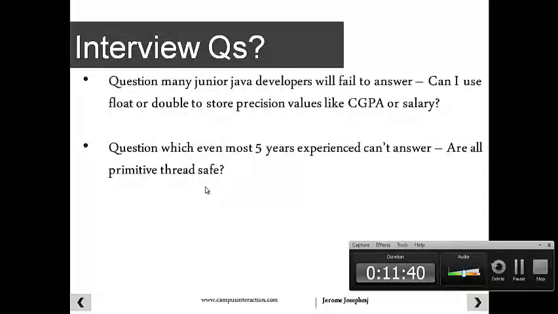Now here is the next big question. Even people with 5 years of experience can't answer this. Are all primitives thread safe? What do you mean by thread safe? When we go into advanced Java about threads, I'll explain what thread safe is. But for now, remember,